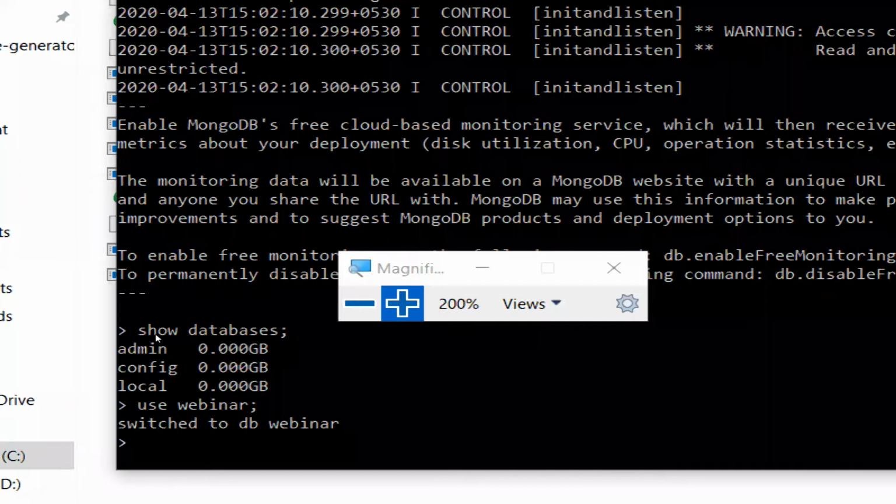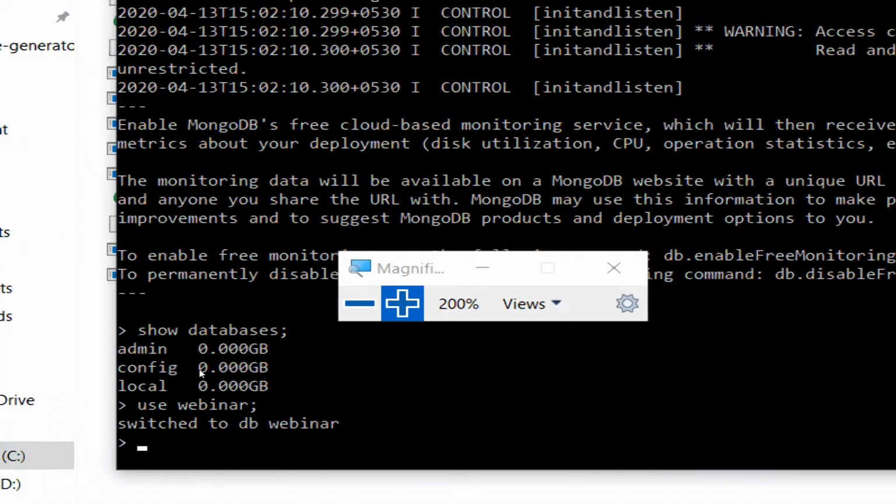The first MongoDB command is show databases, which shows the database details. Use webinar means that a new database will be created if there is no database with this name. If there is a database with this name, then that database will be opened, which is something like creating a file by using Python. If there is no file with that name, a new file will be created. If there is an existing file, then the existing file will be opened. In the similar way, use webinar. There is no database named webinar, so a new database will be created.